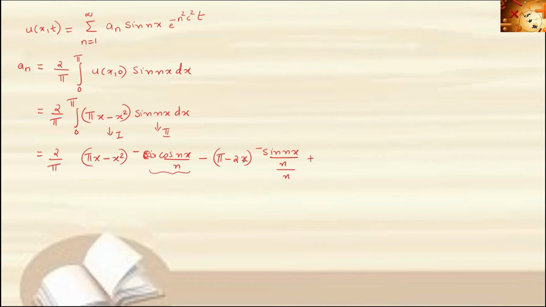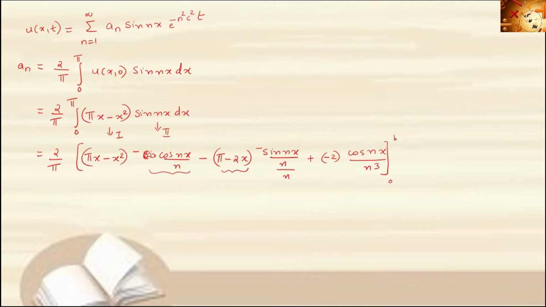Then plus derivative of this one, that is minus 2 into integral of this one. So already we have minus, then again integral of sin is minus cos nx divided by this is n square again n, that is n cube within the limit